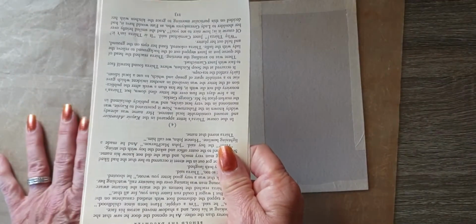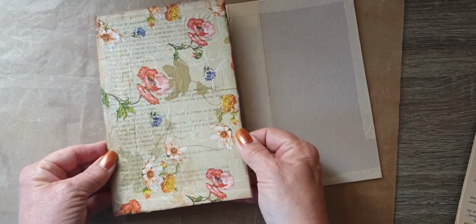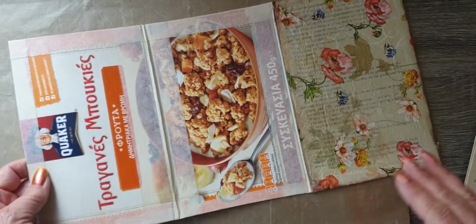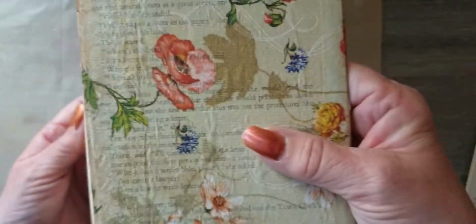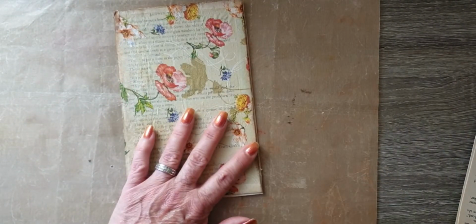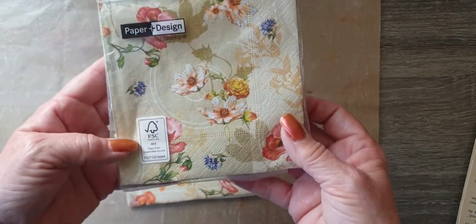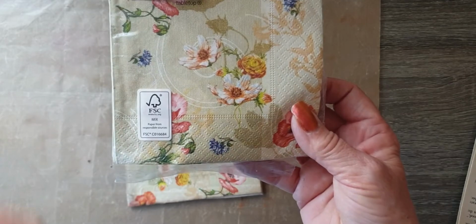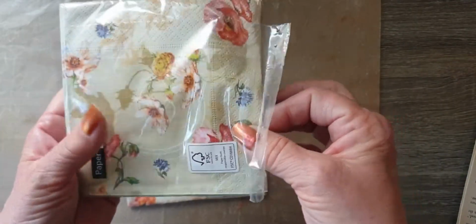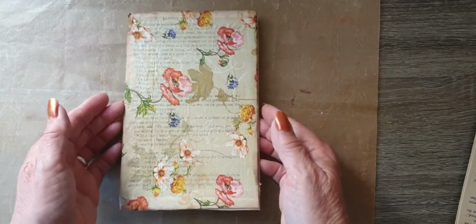I brought some old book pages with me. Normally, as I say, I would have covered that with gesso and then covered it. So what I did was I covered it with an old book page, and I managed to get hold of some napkins, sorry, in the local supermarket, and they're quite pretty, and sort of like they're in the reams of, because although this